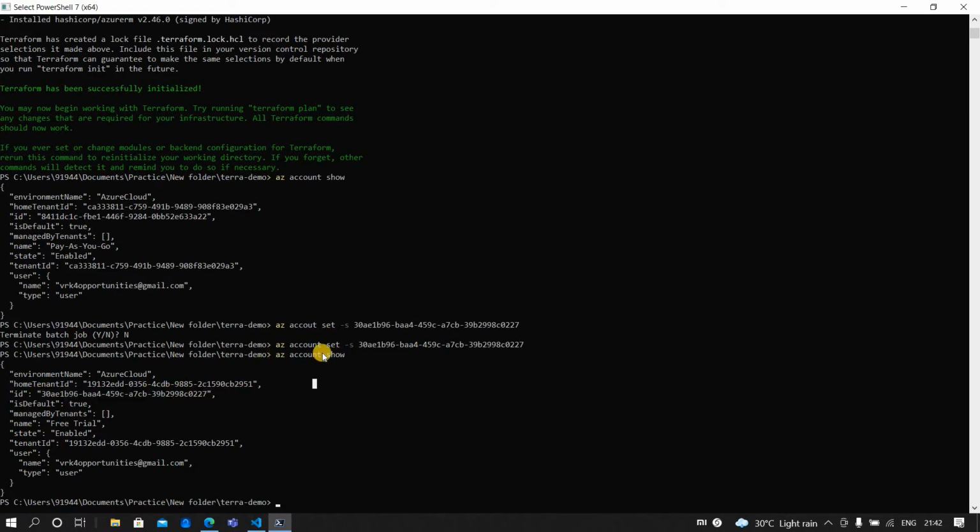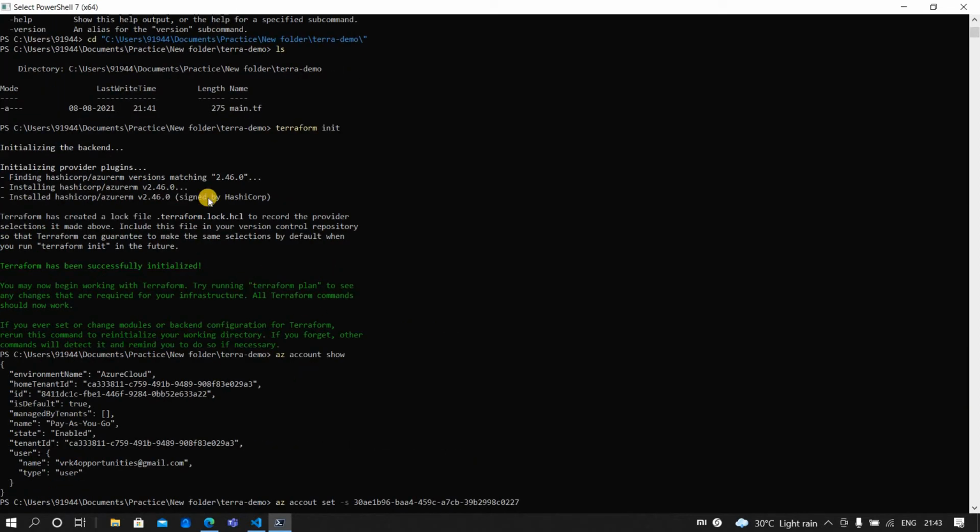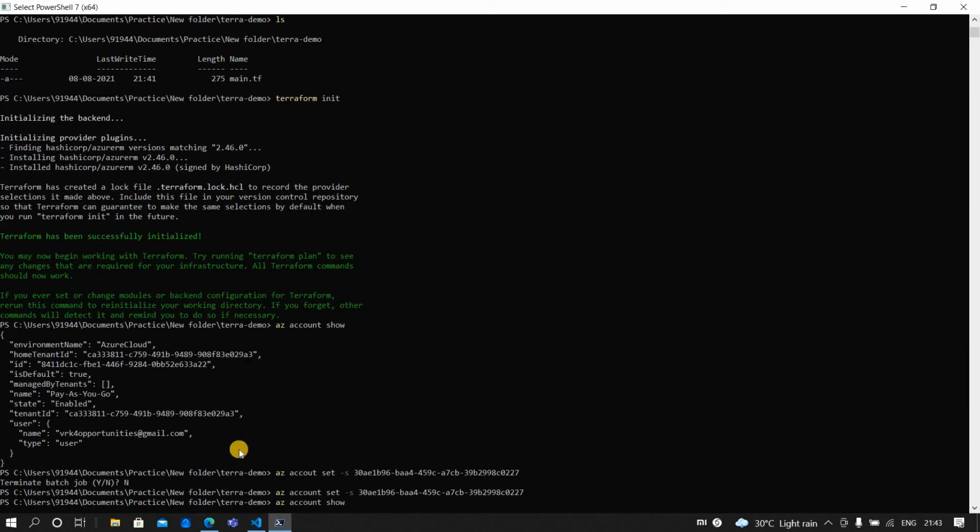So you need to use Azure CLI for this. This is an az CLI command, az account. If you're connected to PowerShell, first ensure that you perform az logout using that command. You log out from that, and then you install Azure CLI if you don't have it, and then do az login. If you have multiple subscriptions, ensure that you select the right subscription, and once you're in the right subscription, then you can go and create any resources within Terraform.